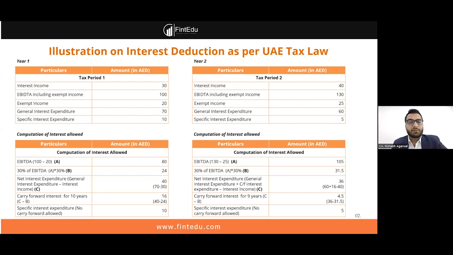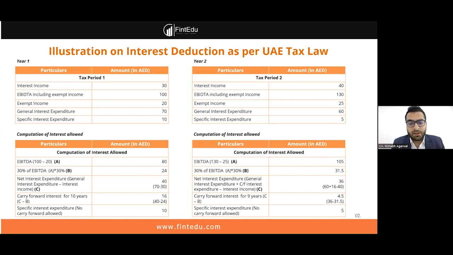So by rule, we need to set off the current year's net interest expenditure first, and then look at the carried forward one, and that's how we need to proceed. One thing I would like to point out here more is how this thin capitalization or interest deduction